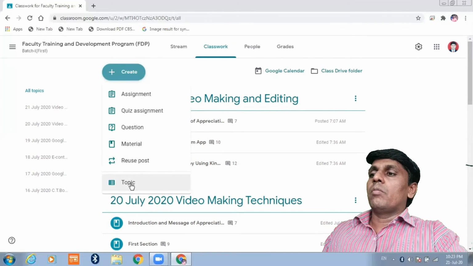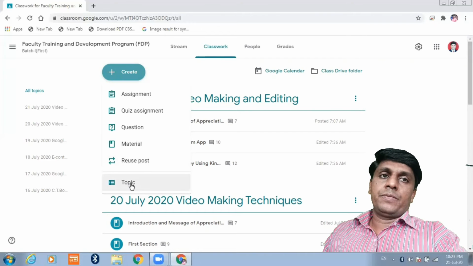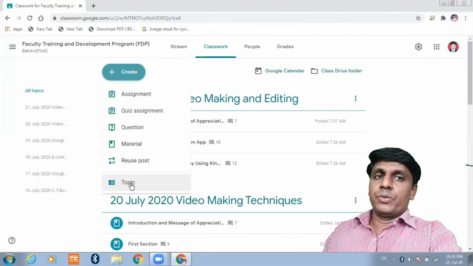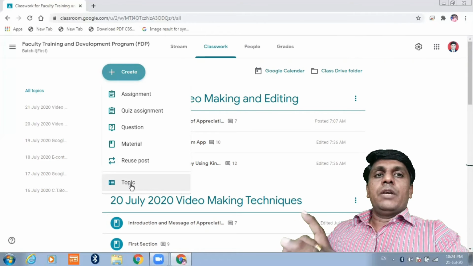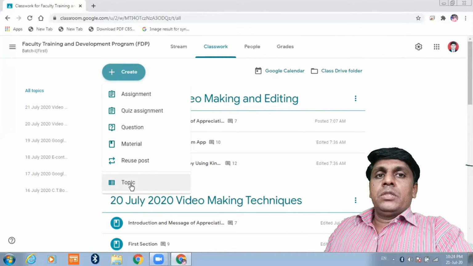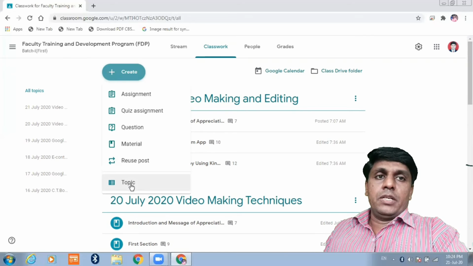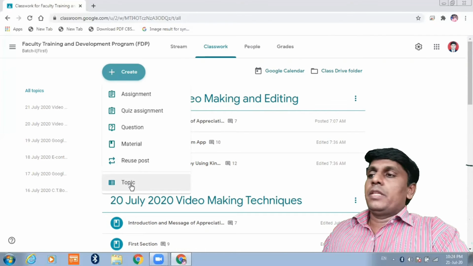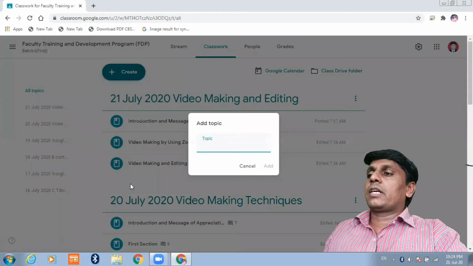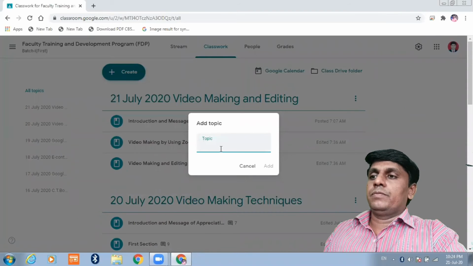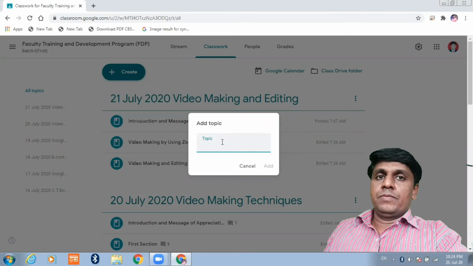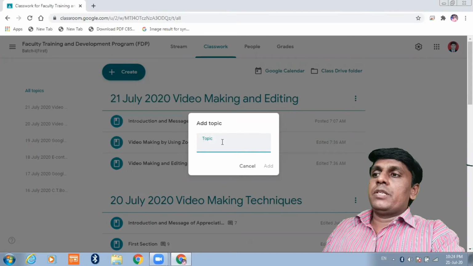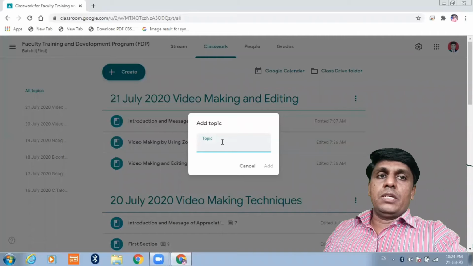Here are two: material and topic. This is a part of today's module. For example, I want to upload 22nd July's material. Then first I will click on topic. This pop-up window will come. I will type here 22nd July 2020.